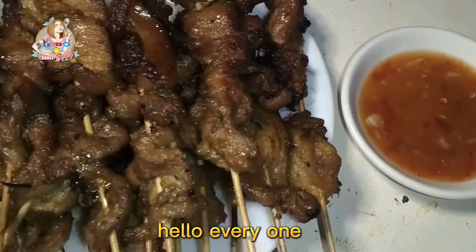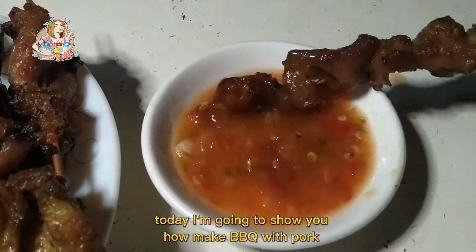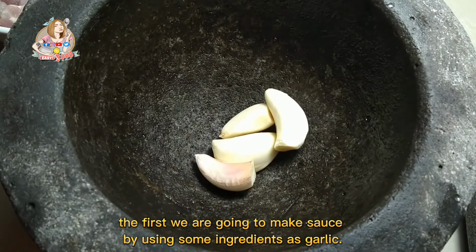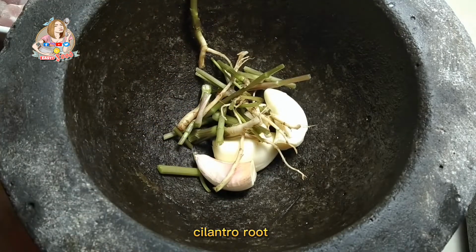Hello everyone. Today I'm going to show you how to make barbecue with pork. So let's eat together. First, we are going to make sauce by using some ingredients such as garlic, cilantro root,